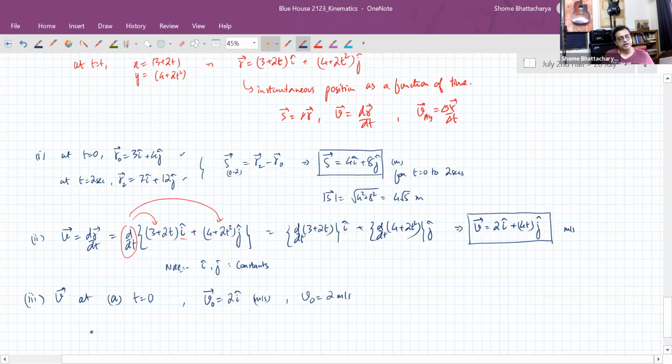Okay. Whereas at t equal to 2 seconds, just need to substitute t as 2 seconds in the expression for velocity here, this one. So it's becoming 2 cap plus as much as 8j cap. So the magnitude of the velocity at that moment is square root of 4 plus 64, square root of 68, which will be very close to 8 only, but